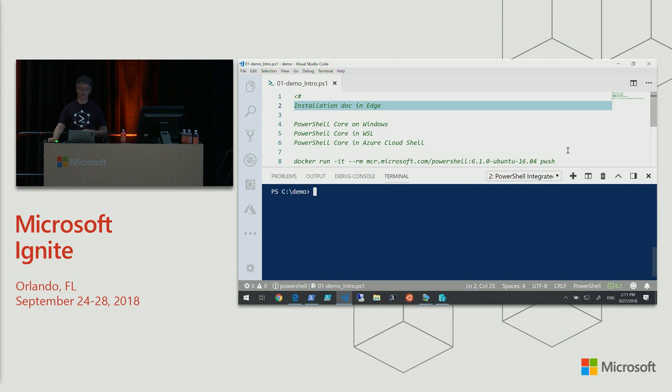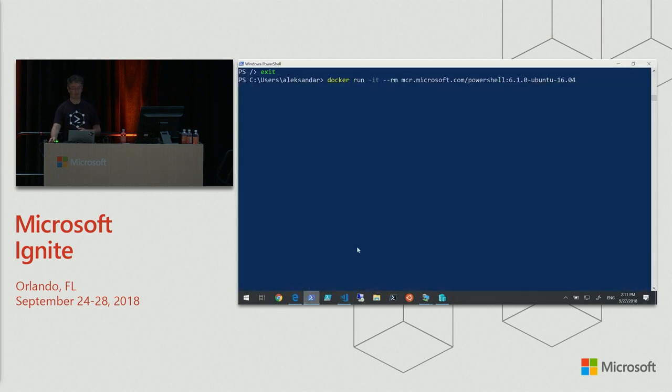Well, that's pretty slick. So, for example, I have already pulled, because I didn't want to wait for a couple of those 100 megabytes to come to me, PowerShell Core on Ubuntu 16.04 that I can run. The only thing I need to do is say docker run -it, which means run it interactively, --rm, remove it once I'm done, and then specify the URL that leads to that image, PowerShell, and then it's tagged with 6.1.0 Ubuntu 16.04. So if I execute this,